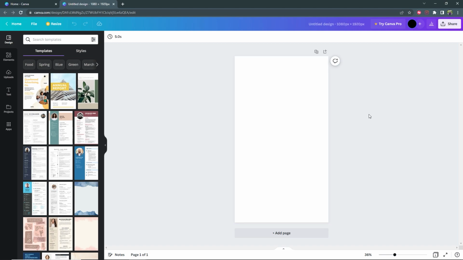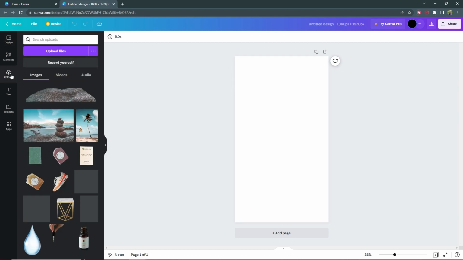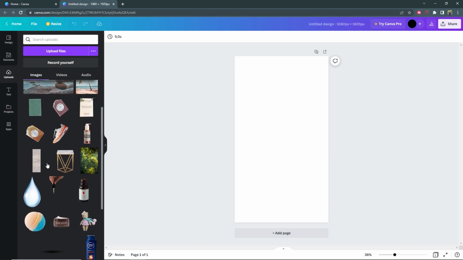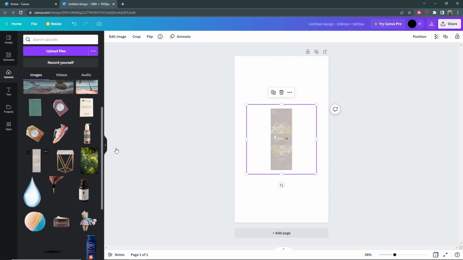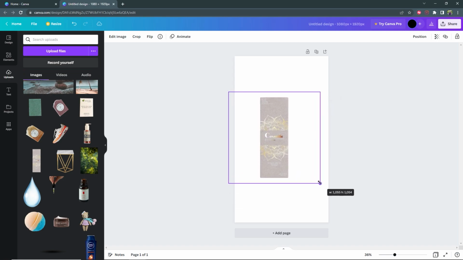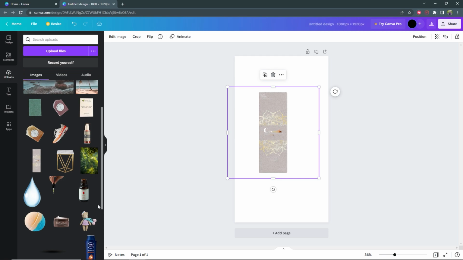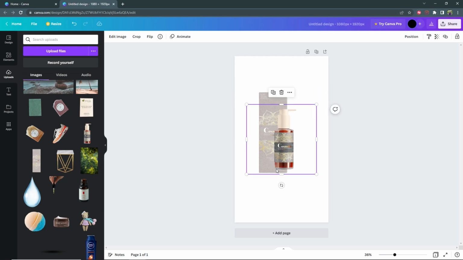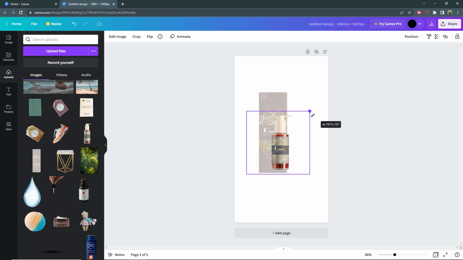Now, with our blank document open, we need to start adding our elements. The first thing that we're going to be adding is the package for the product and the product itself. So go to uploads, and this is where you would click upload files and upload the files for your product. Since I already have them in here, I'm just going to go ahead and select first the package. Going to size it like this, and then I'm going to select the product, which I'm also going to just